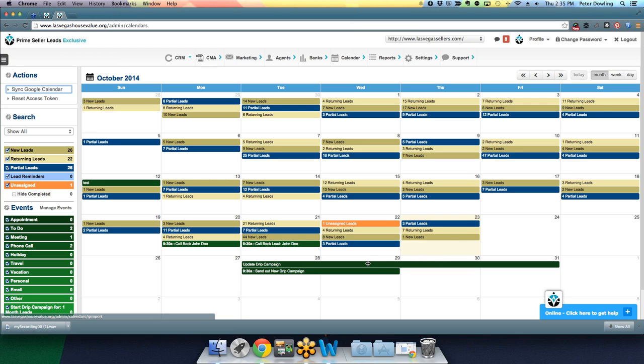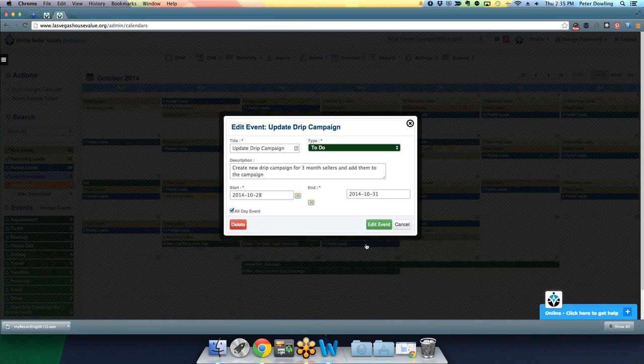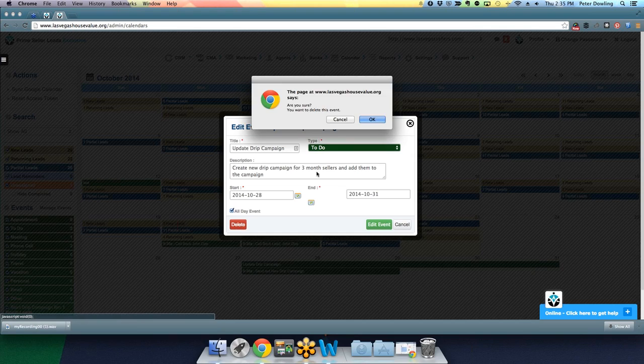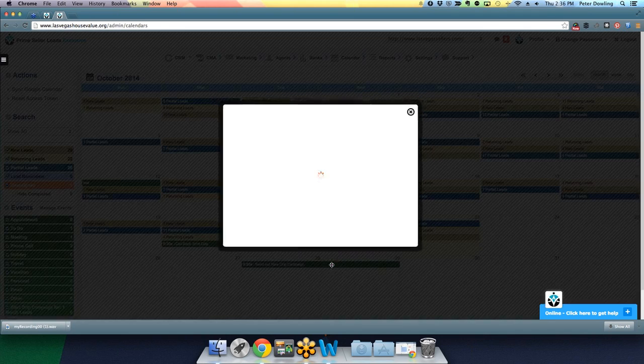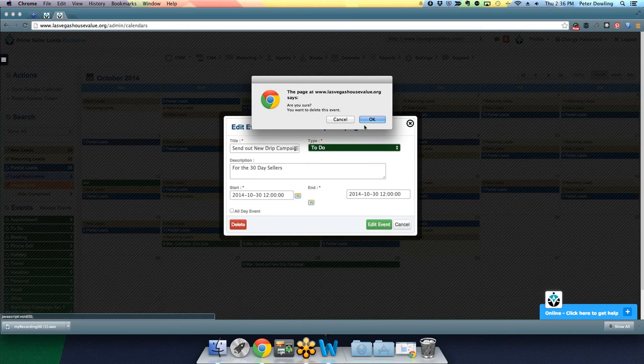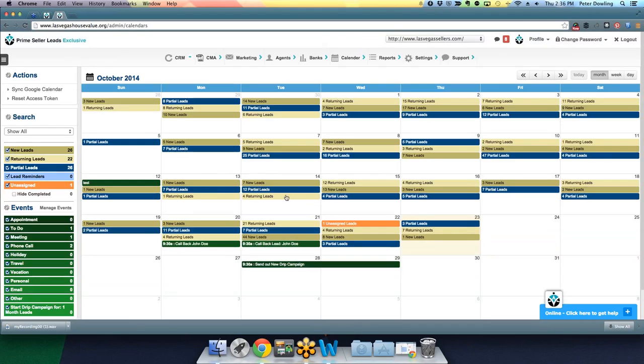Now, say if we have to delete a section or want to remove one, we just click on it, and then we click the red delete button and OK. It takes a second to refresh, and then it's gone. So very easy to do if you have to remove these specific events on the go. Perfect. So that really sums it up with the calendar settings in the new calendar function with Prime Seller